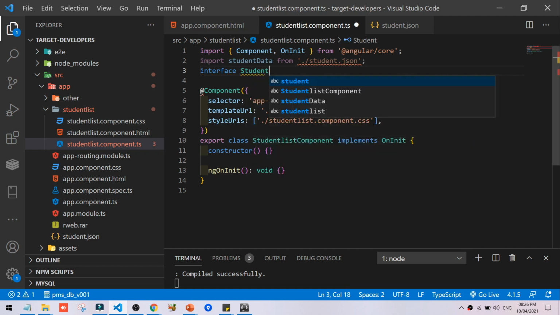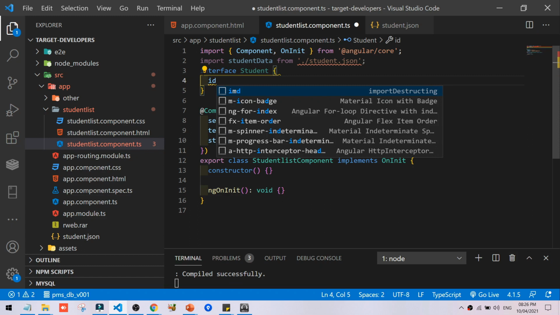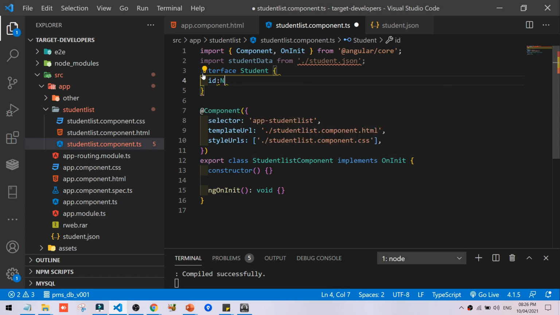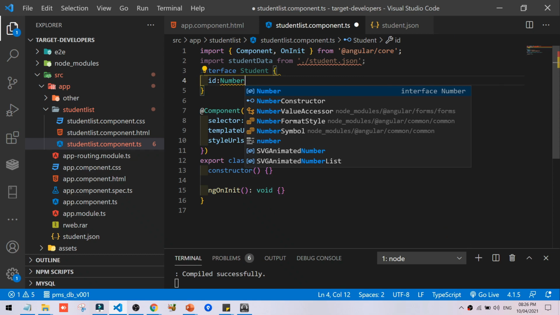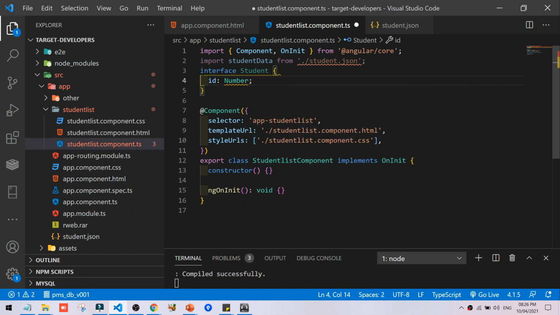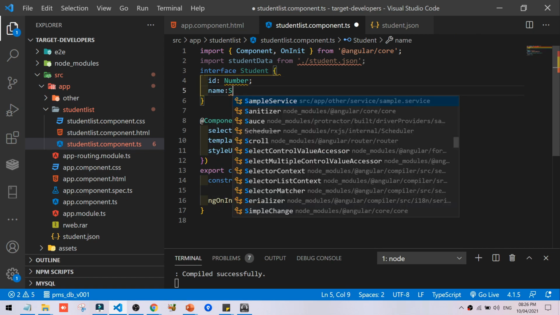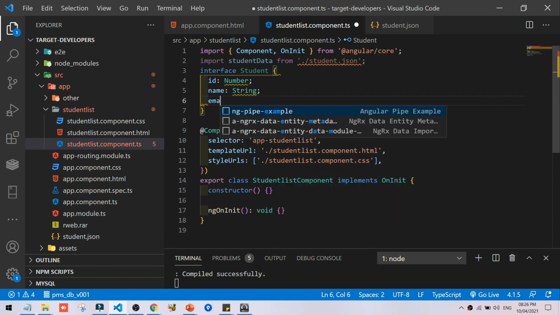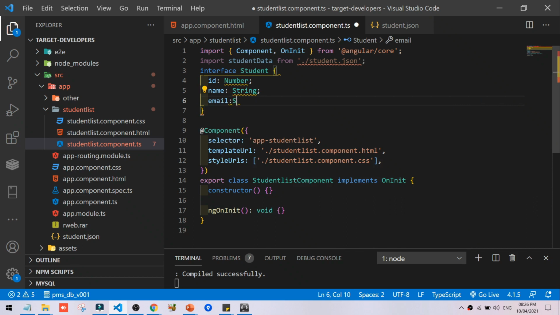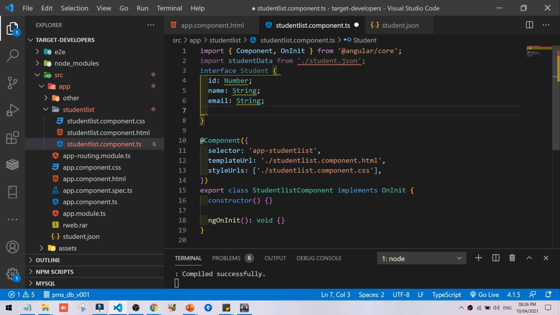In the interface we are declaring id as number, giving the data type here. Then we will declare name as string, email as string, again string type, then gender.